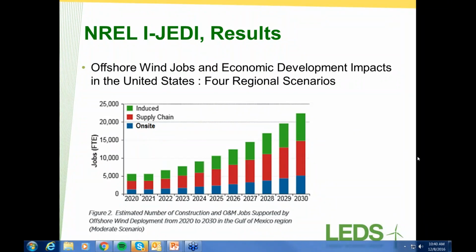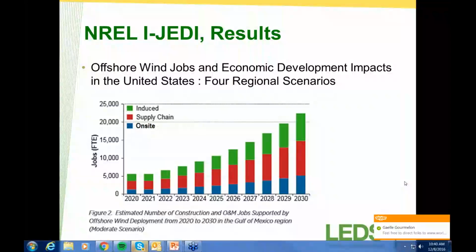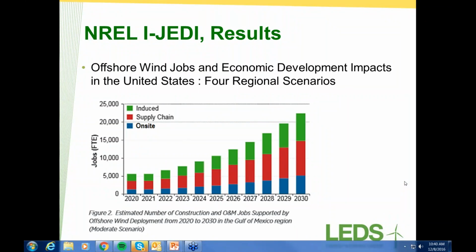And you can see that JEDI produces results not just for the on-site workers, but also how the supply chain is impacted by these projects, the projects that could be deployed in the Gulf of Mexico. And then we also estimate induced impacts. These are the parts of the economy stimulated by the workers when they spend their salaries on food, recreation, vacations, etc. So I wanted to show you just very quickly how the model has been used